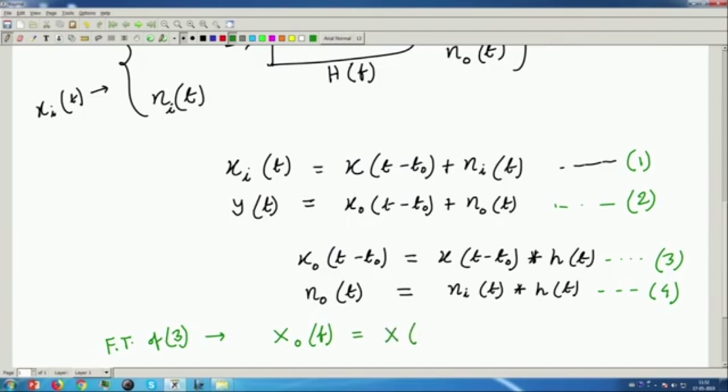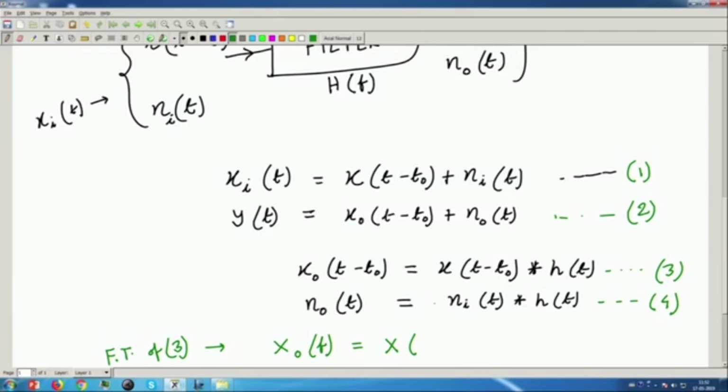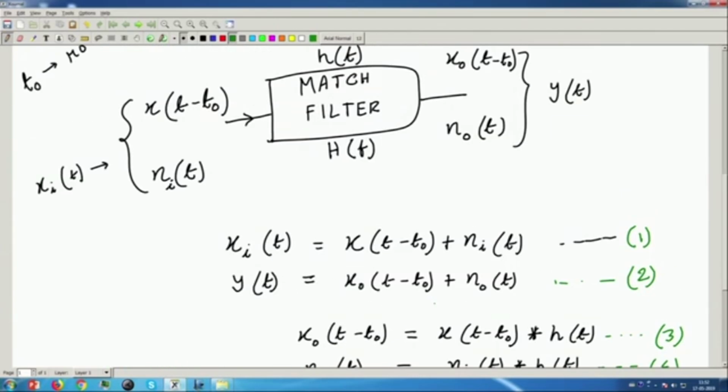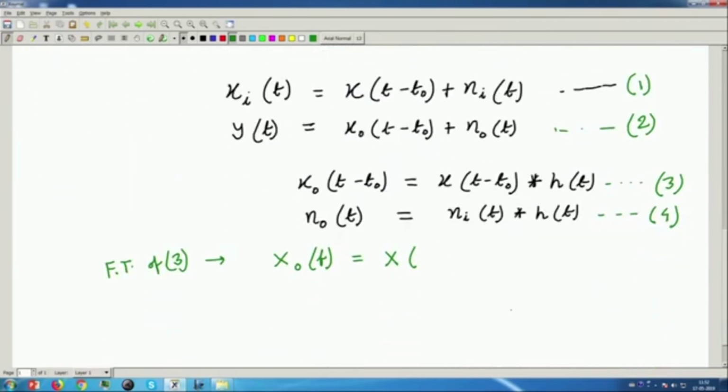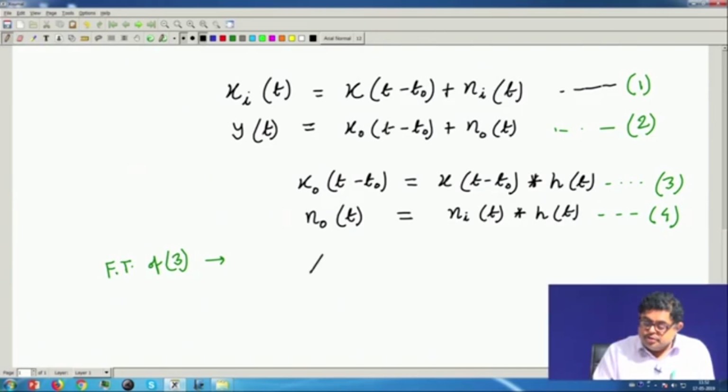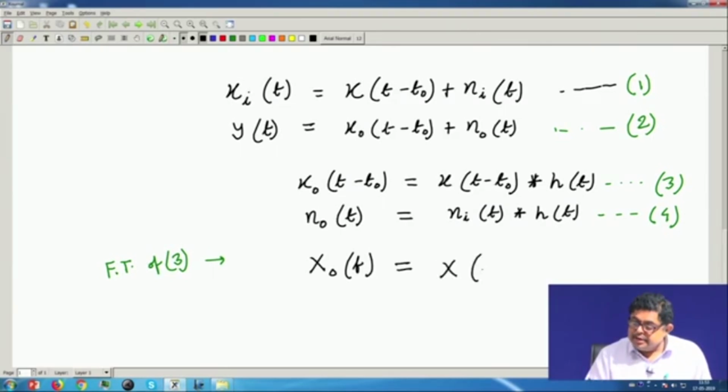So, if I take the Fourier transform, I will get X_0(f), and that will be nothing but X(f)